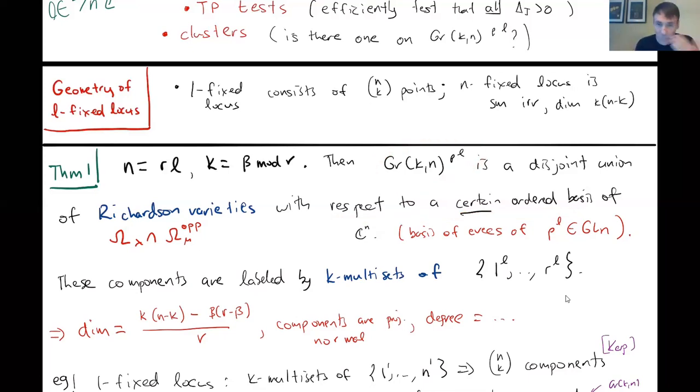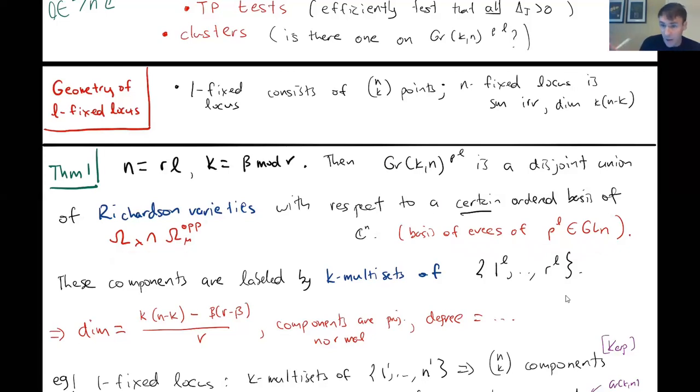Instead, you have to do the Fourier transform. So they're Richardson varieties with respect to, in a weird basis, the basis of eigenvectors of this matrix rho to the L. You think of rho as being an n by n matrix that implements the cyclic shift map, and then it has eigenvectors, and you work with respect to that eigenbasis. Okay, so anyway, this variety has many connected components,